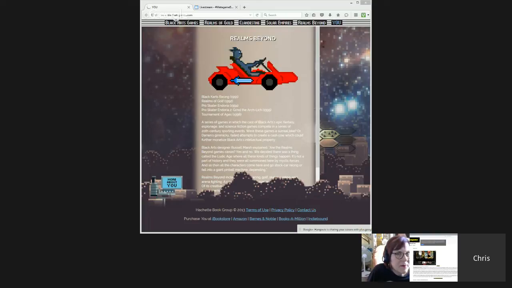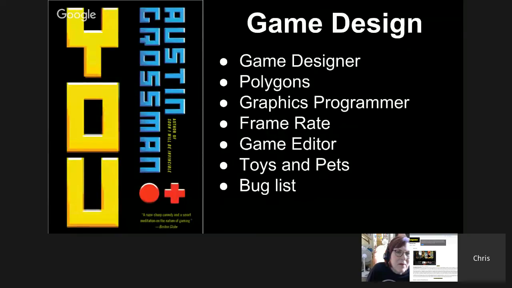One of the really cool things that the book does is it shows you the various different aspects of game design. It gives you a good difference between what is a game developer and what is a game designer. A game developer is the individual who does the coding. So when you hear someone's a game developer, that means they're doing a lot of the back-end coding.